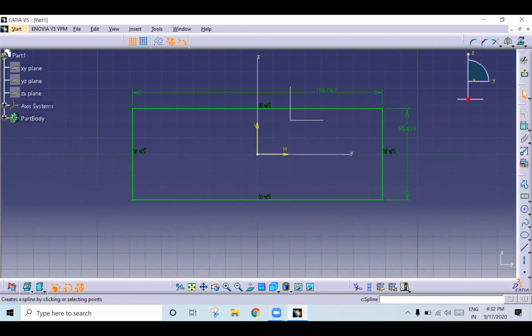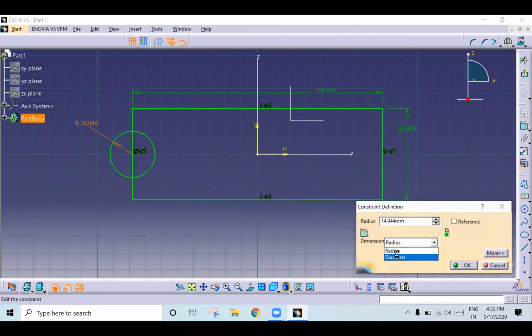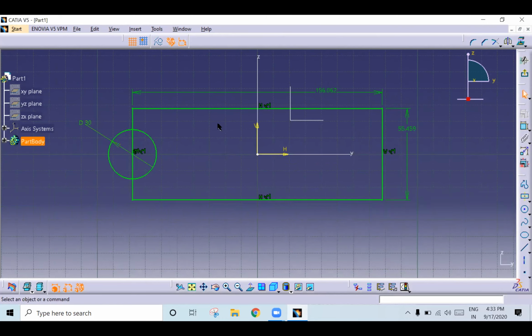Okay, you have a circle here, and you need to give a diameter for this. We'll give 30 dia. Once you give 30 dia, if you want to create the same circle here symmetrically, go to mirror, click this circle, then click this center axis.